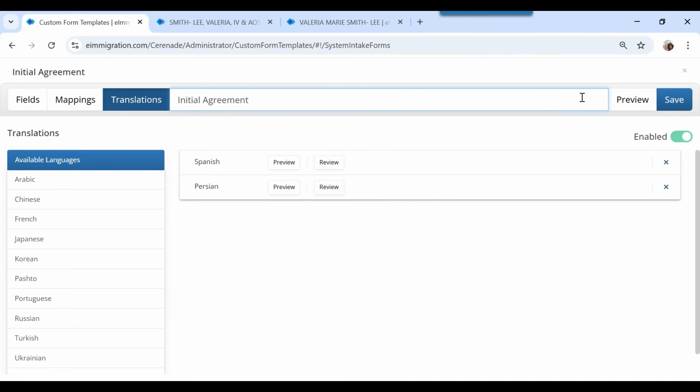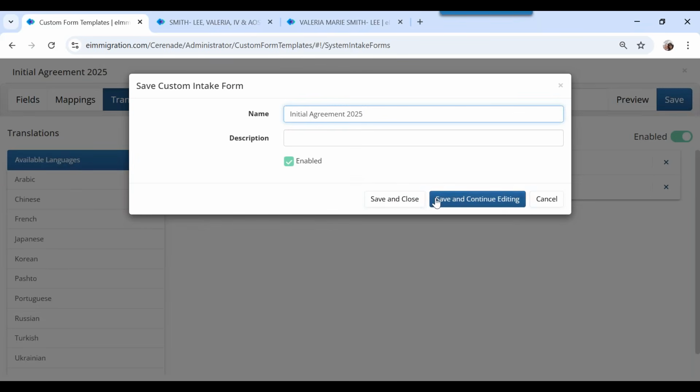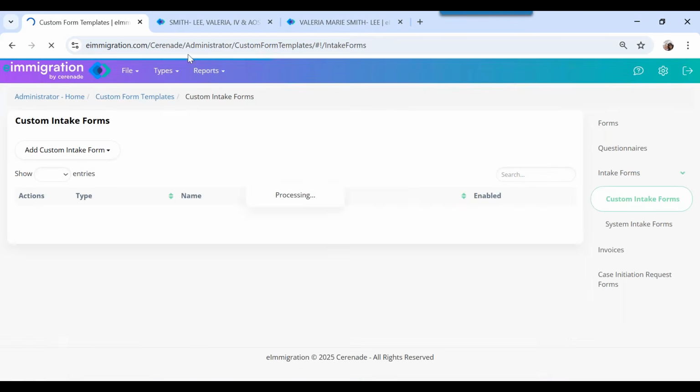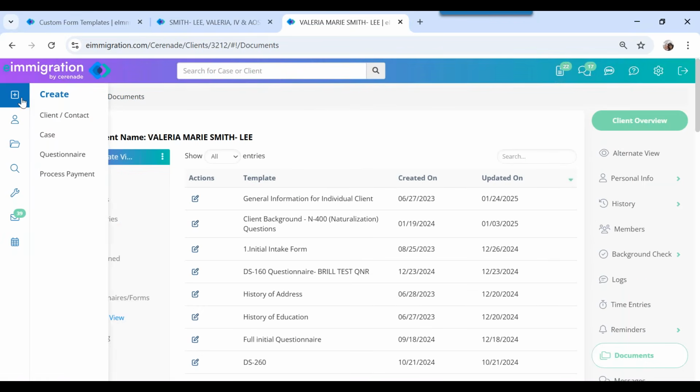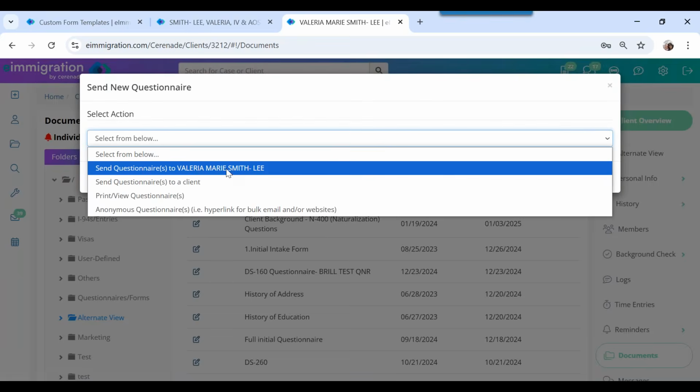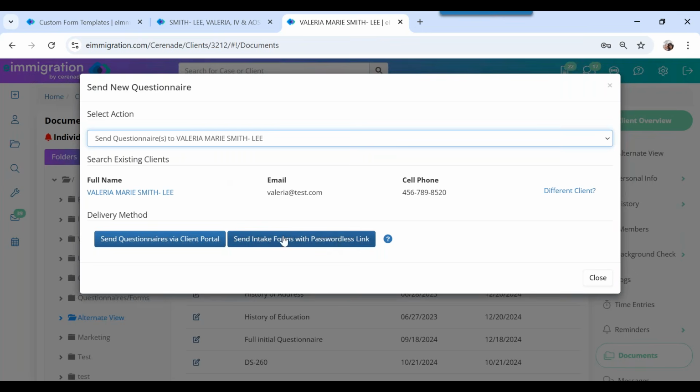Let me use this and put today's date, I'll just use 2025 so I know this is the one that I need, and save and close. Okay, now I want to use that initial contract for Valeria. So the way I use it is by selecting on the left, create a questionnaire, and send it to her. I'm going to send it as a passwordless link